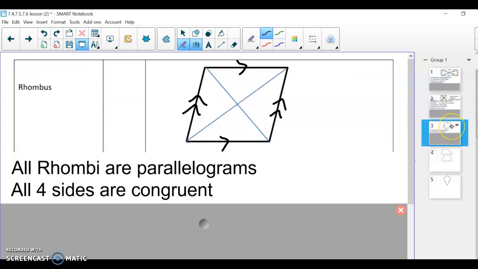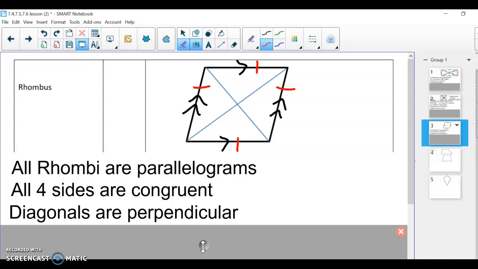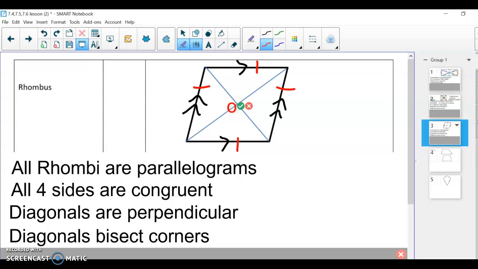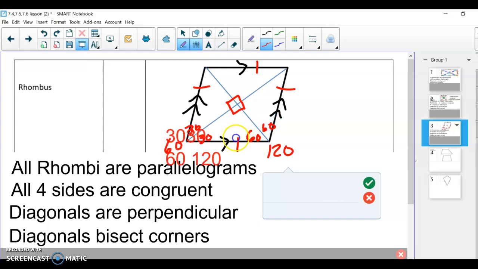All right. So all 4 sides are equal, so we'll mark 1, 2, 3, 4. They're all equal in length. Next one, diagonals are perpendicular, so just like a square, these are all 90s. And then the last one, the diagonals bisect the corners. So if this corner down here were 60, then these would be 30s. This would be 120 because consecutive angles are 180. So this would have to be 60 and 60. And then this would be